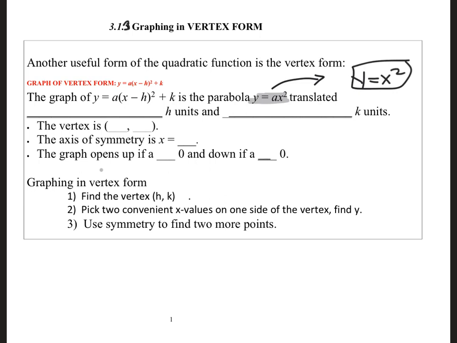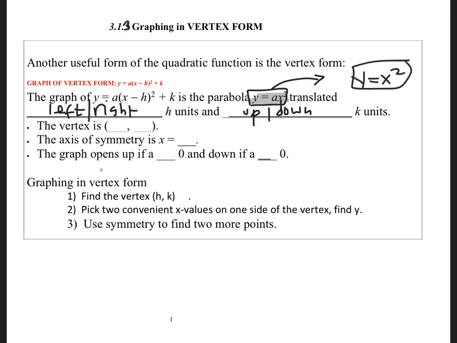And remember, sometimes you're going to find the a, but whatever graph you have in this form, it says translated h units, so this is going to be to the left or to the right, h units, and up or down,